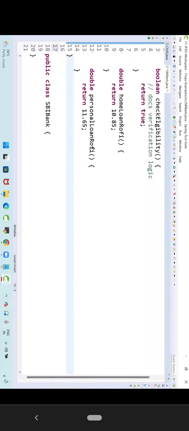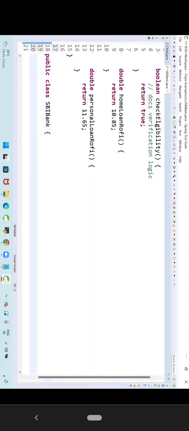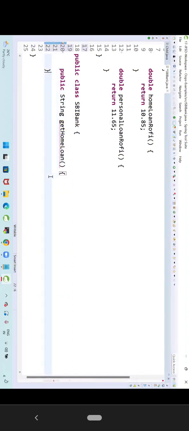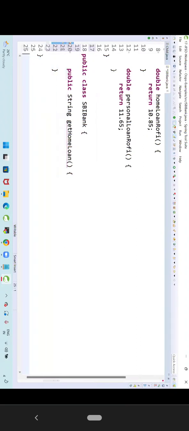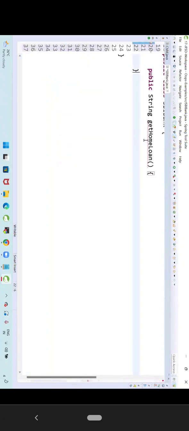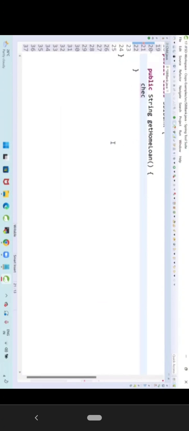SBI Bank wants to go for a loan, get home loan, public double, public string get home loan. In order to get the home loan, what do I need to do? I need to call documents verification. In order to get the home loan, I need to verify documents. So what is that? Check. What is that method? Extends